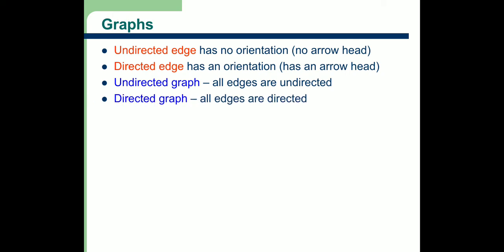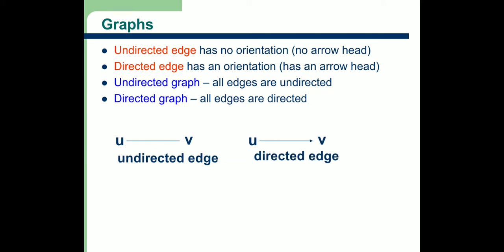Now, depending upon the undirected edge and directed edge, there are two types of graph. First is undirected graph, where all the edges are undirected, and next is the directed graph where all the edges are directed. Suppose this is the example of undirected edge. U and V are the vertices, and there is a line which connects U and V. This line is known as your undirected edge, and we can read this edge as UV as well as VU because we don't have any direction.